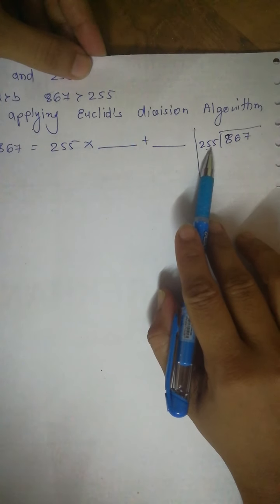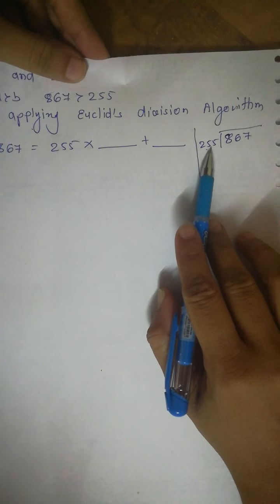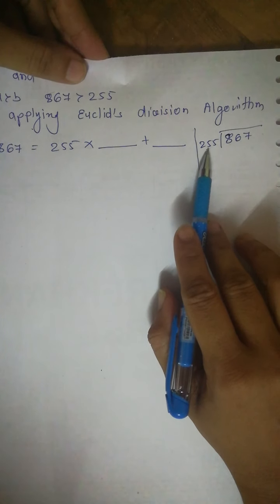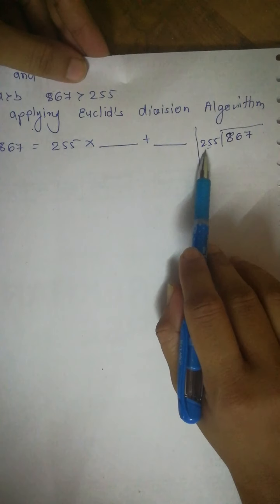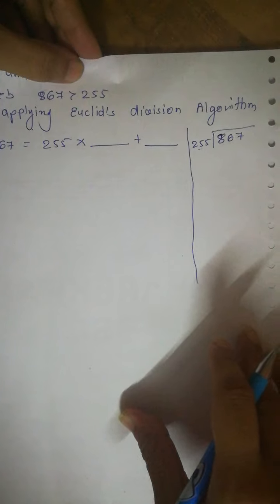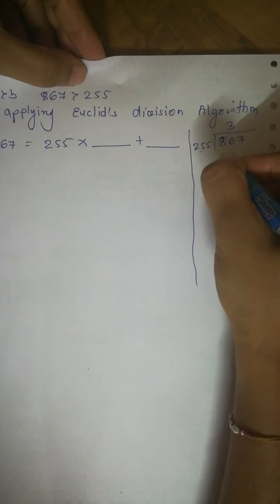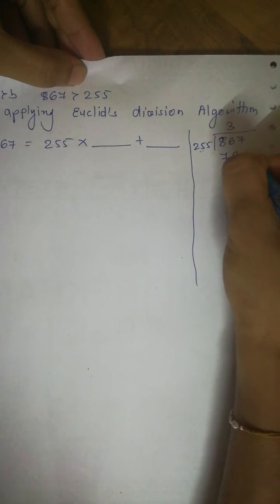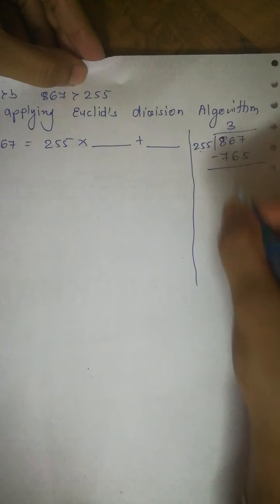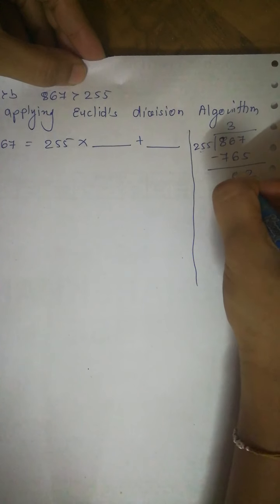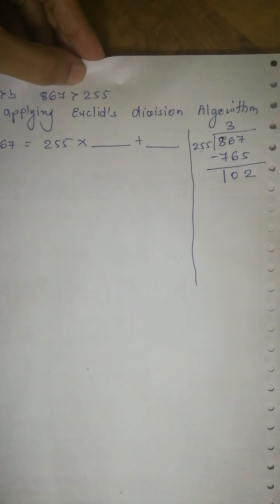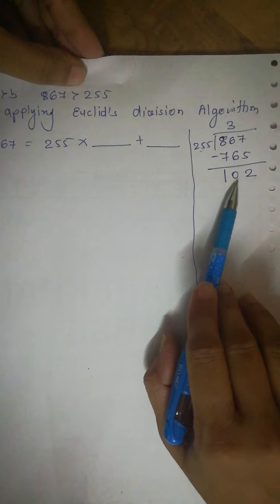If this is 250, then we will double it, okay, so it will be 500. We will triple it, then it will be 7 something, 750 something. So therefore we have to go up to 3. Okay, don't multiply all the numbers one by one, just assume this way. So 255 times 3 is nothing but 765. So what we have? 7 minus 5 is 2, 0, and 102. So at the first stage we don't get r equal to 0, but what we get is the quotient 3 and remainder 102.